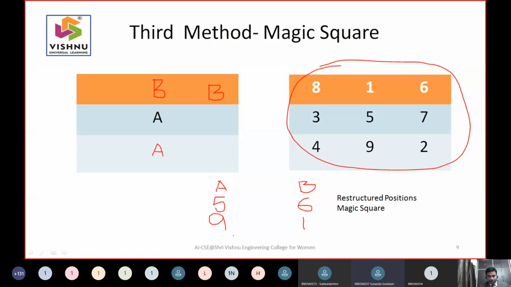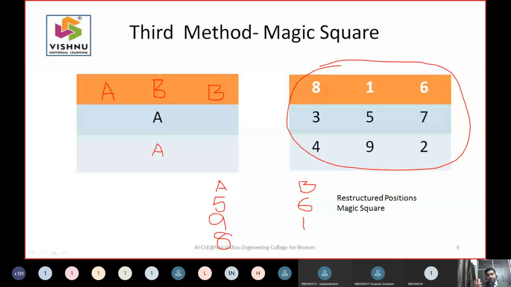So 8 is what, where you have to keep this A. A is here. Is it right? 2 B's are there. You need to keep A to defer the winning of B. Again, you come to B, it has to play the game. But if you compute the total, what you are getting here is 5 plus 9 plus 8, 17 plus 15. It is more than 5 plus 9, 14, 14 plus 8. It is 22. 22 is more than 15.